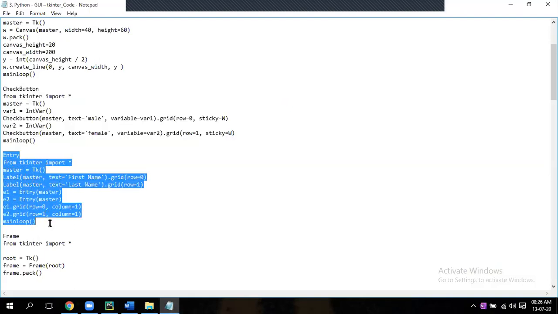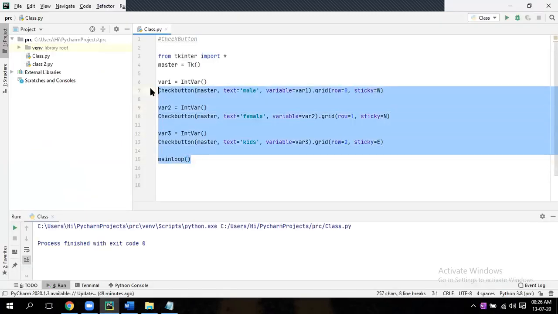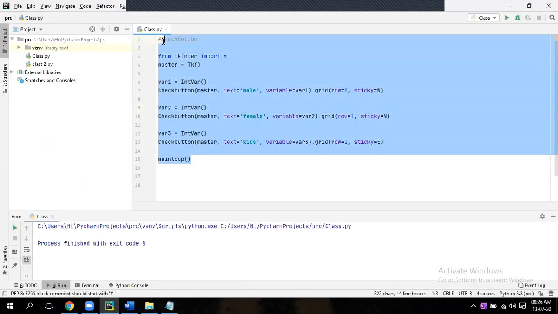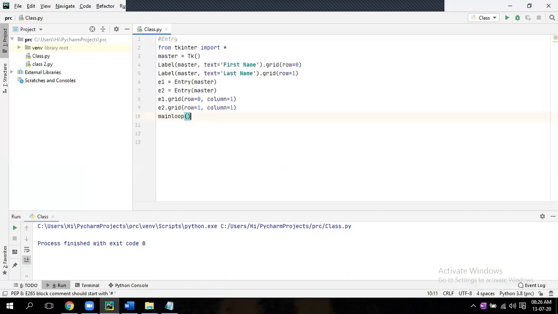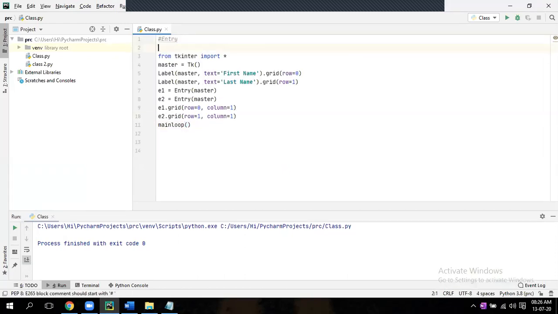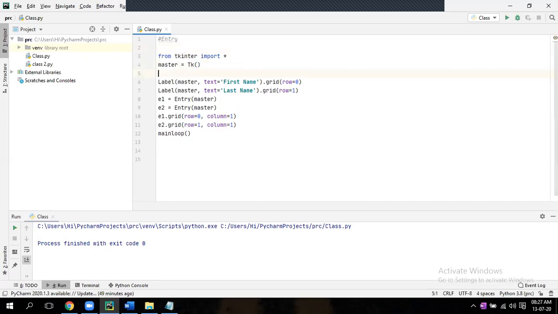Entry. Okay. So first two lines, enter. Then after 7 give enter. Why I'm doing this? So that it will be easier for you to understand. Now after 10th, perfect.